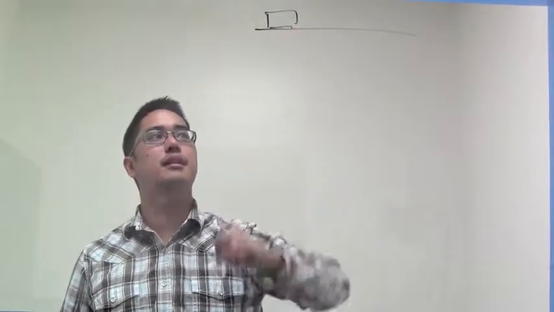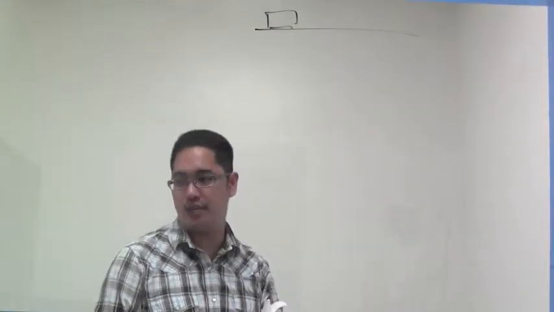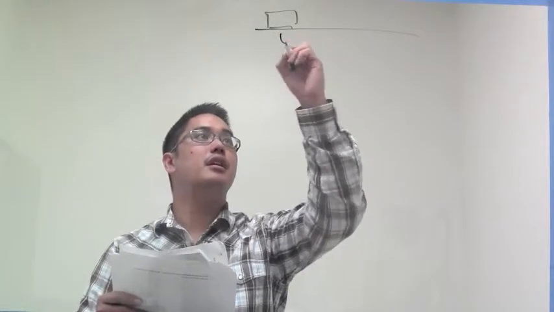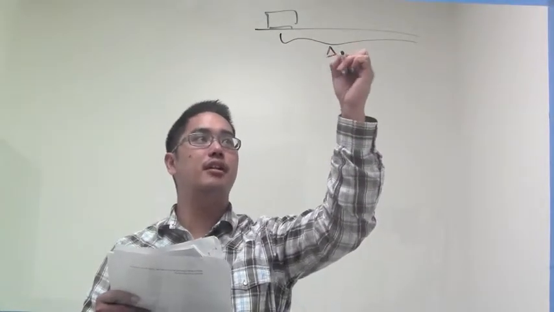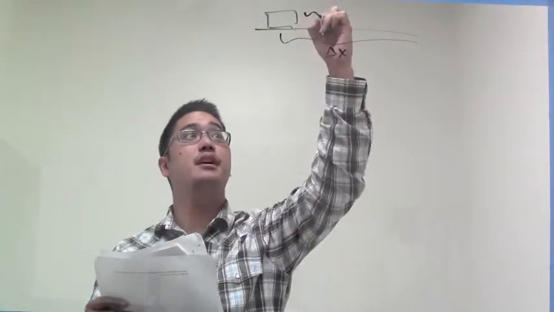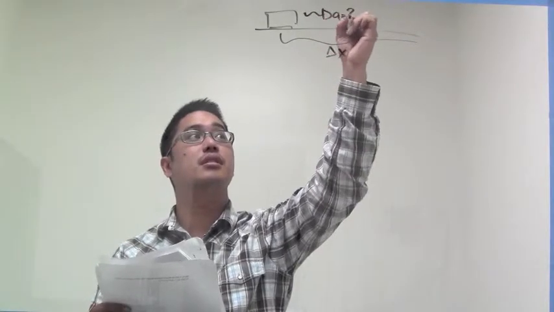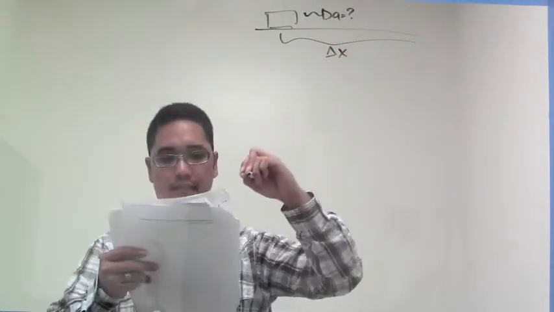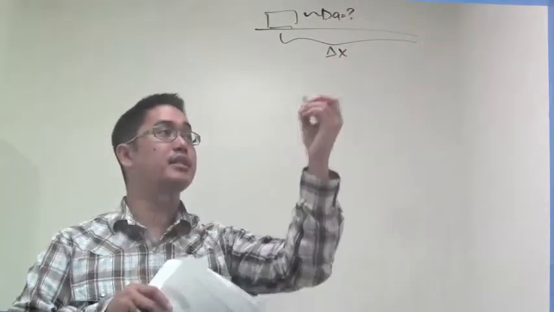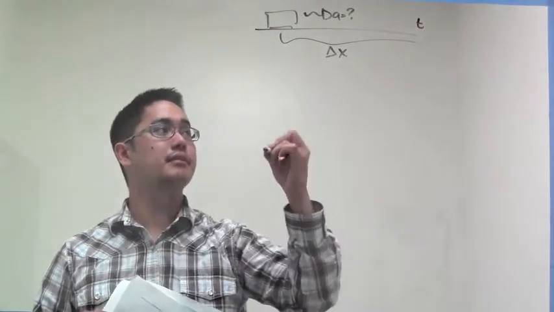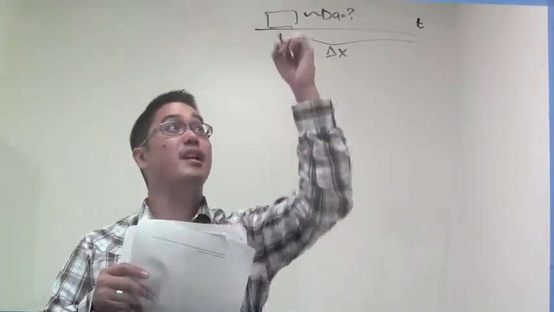Alright, that was pretty straightforward. Simply do this. Here's the car. I know it looks like a block and it's a Lamborghini, so it should probably be much nicer than that, but whatever. I know that it's a quarter mile, so then I got my delta x. I'm looking for my acceleration. And I have my time that it took. And I know my velocity initial